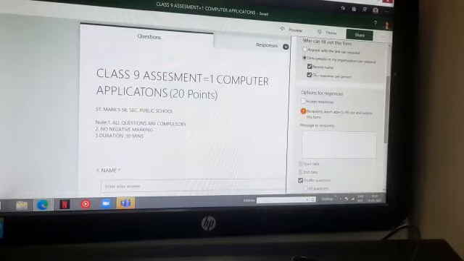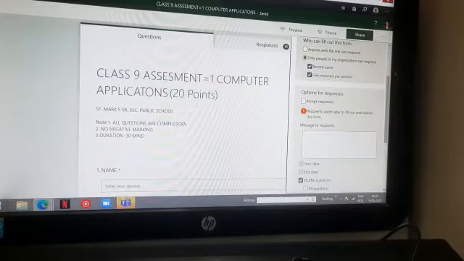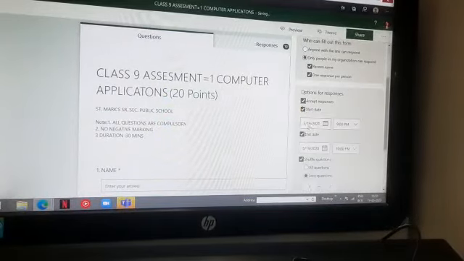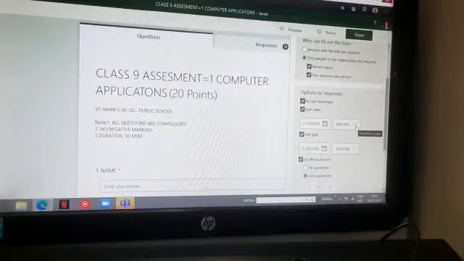What are the settings? Only people in my organization can respond. Record name has to be clicked. One response per person has to be clicked, because if this is not clicked, then the children can attempt the assessment more than once. Then you will also see that accept responses is activated and the time is set.